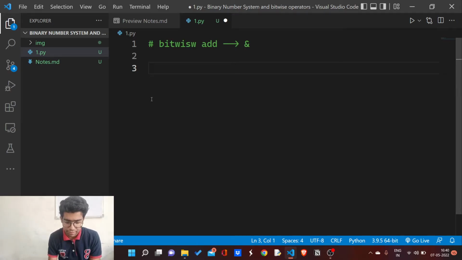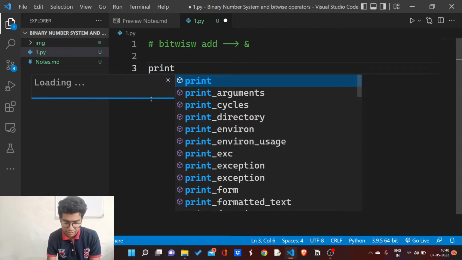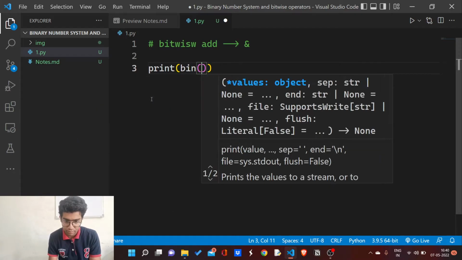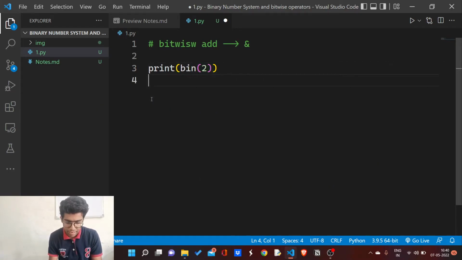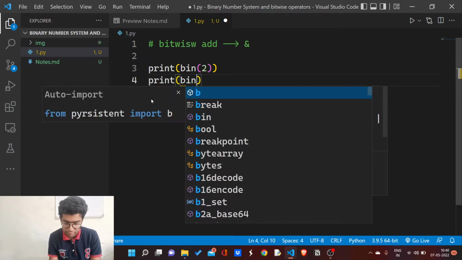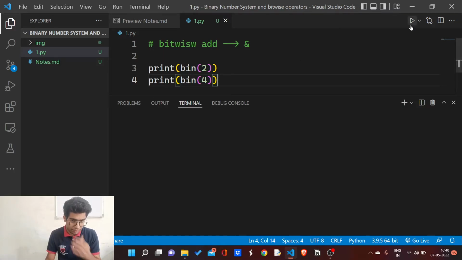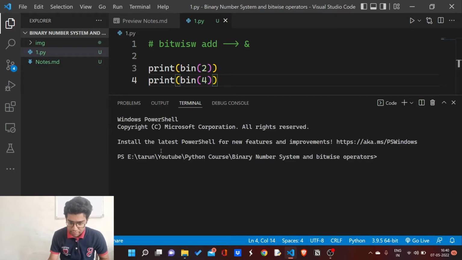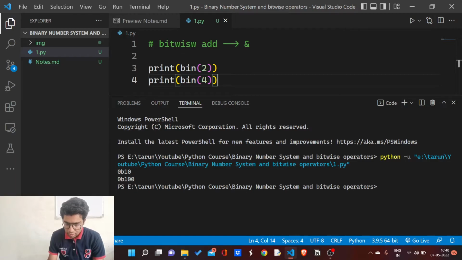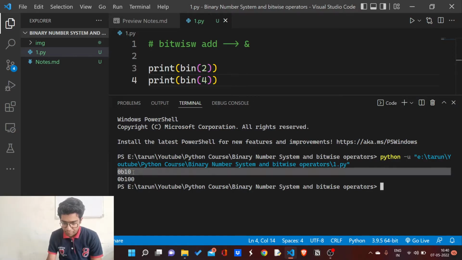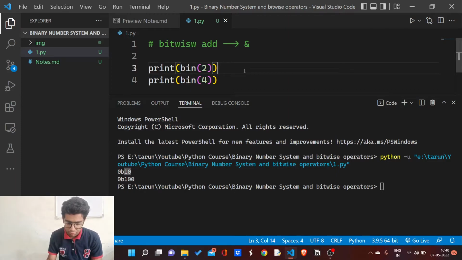Now, if I print the binary representation of 2 and the binary representation of 4, as you can see, here is the result. Now ignore this first part, the binary representation prefix. I am going to copy them. Now 2 has 0 0 1 0.